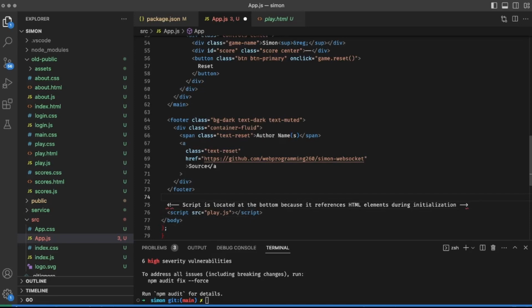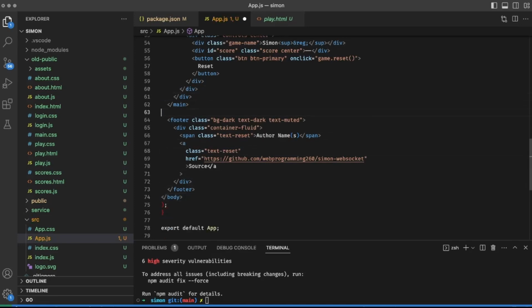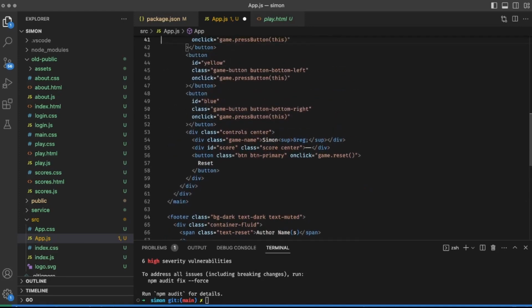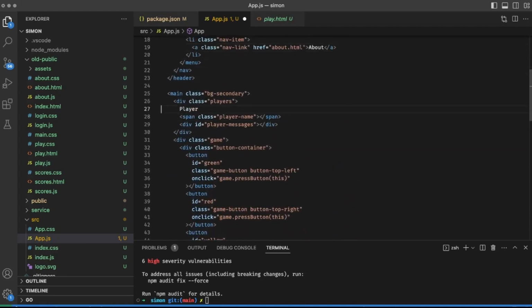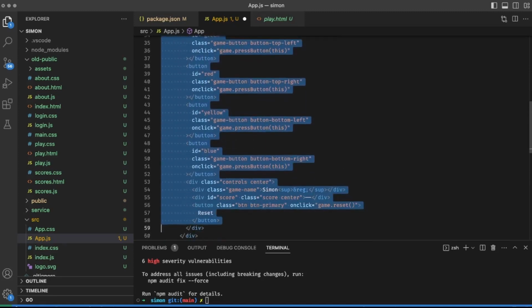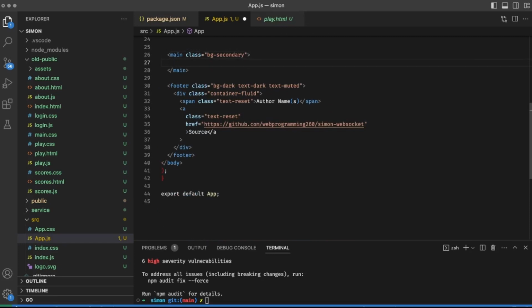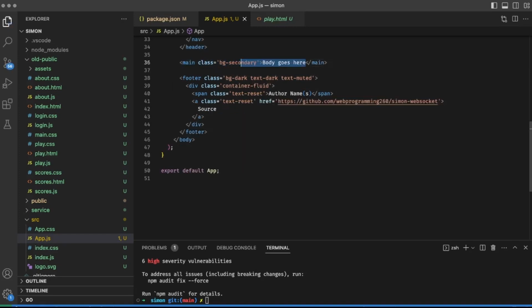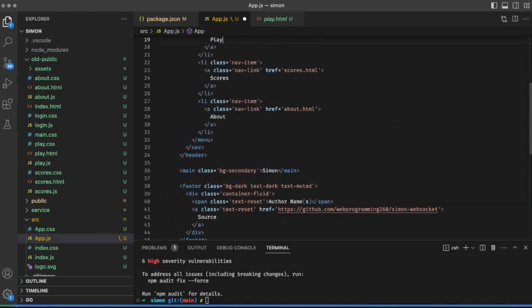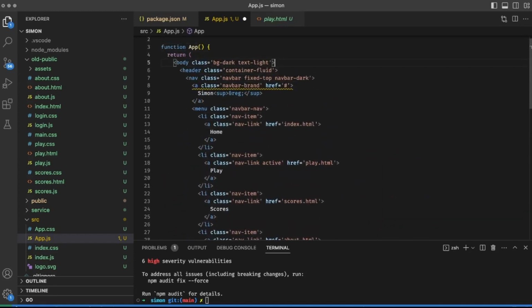Now there are some things I don't want, like I don't want to bring in my JavaScript from there, and I don't want those comments. I don't even really want the main to be in here. So I'm going to pull this out and remove that, and instead in the main area I'm just going to say, body goes here. Or I like this better. Let's make it say Simon. Okay, so now I've got this header, and I've got a body, and it's giving me an error because